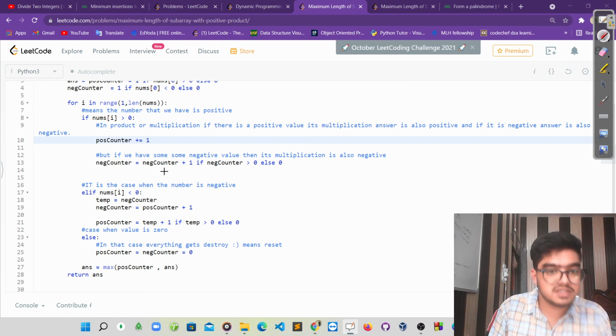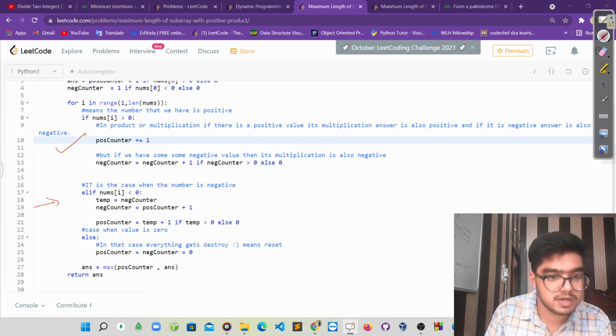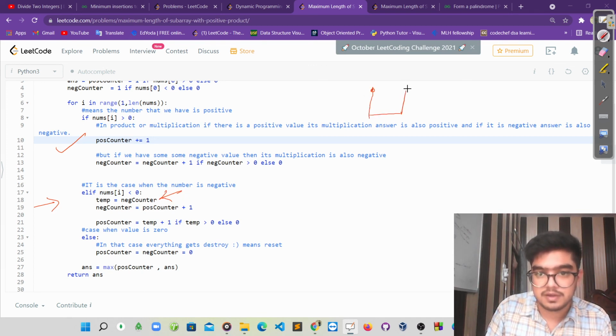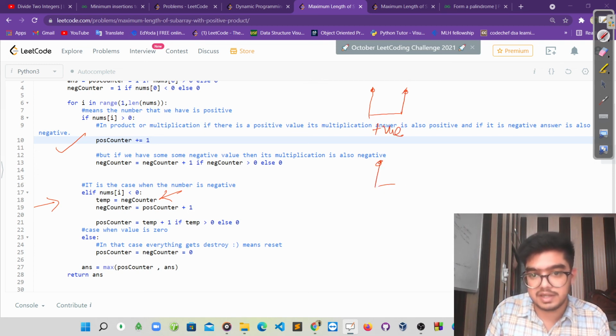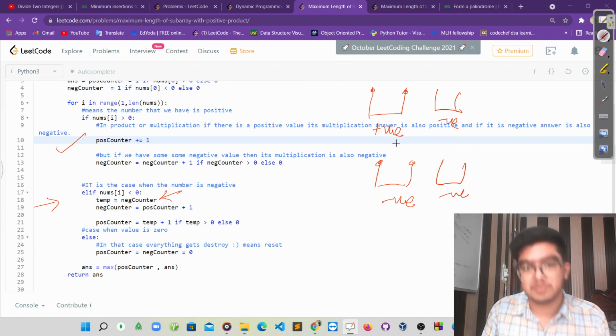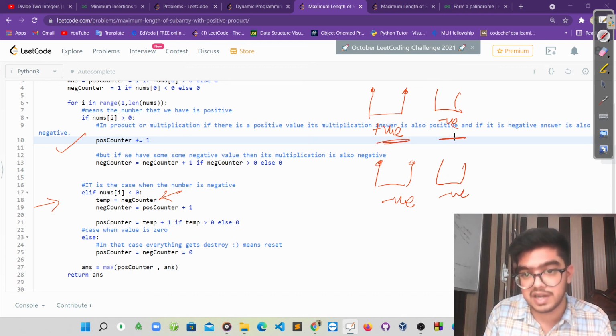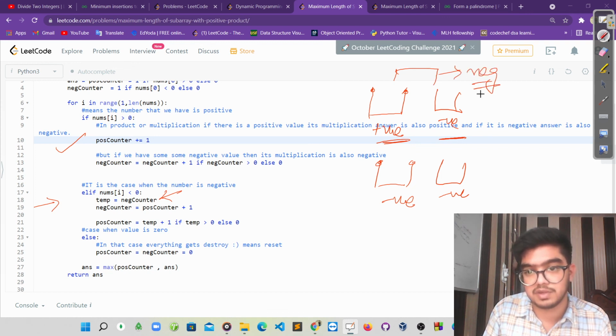I think the positive part is clear. Now let's come to the negative part. Till that position, what is the negative counter we have? If there is a positive and there we get a negative, these two things help us increase our negative counter.